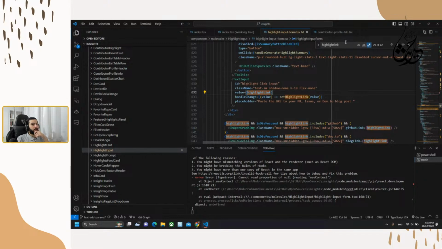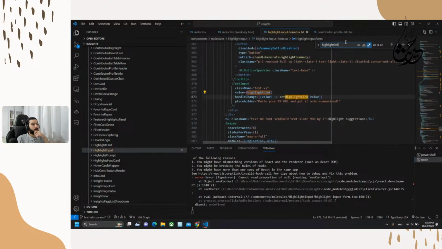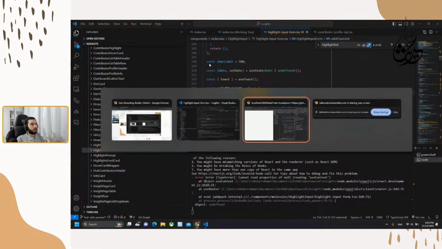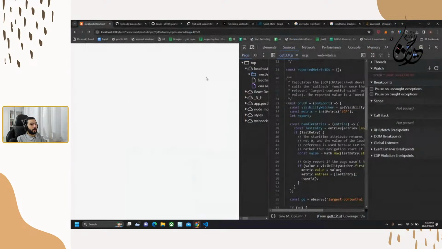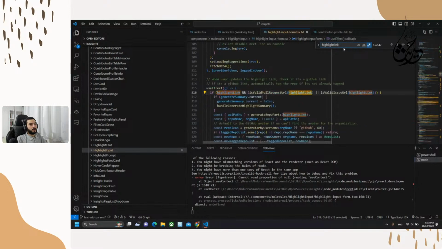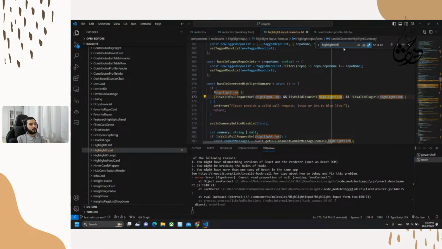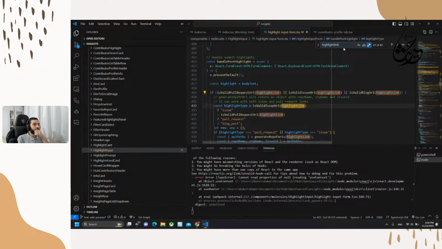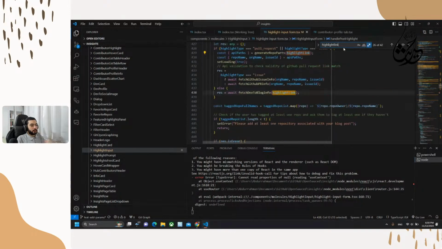But even if I change this value, I think it will not be used because we are using the highlight itself.